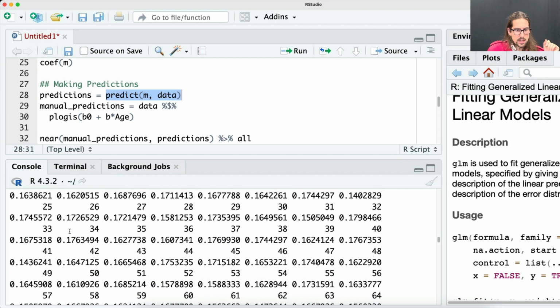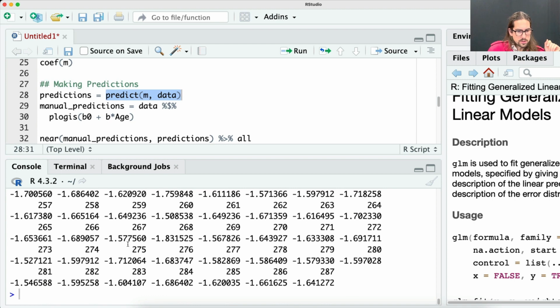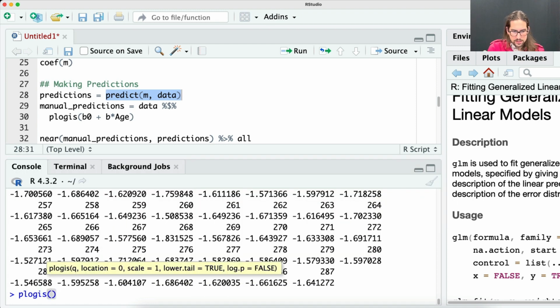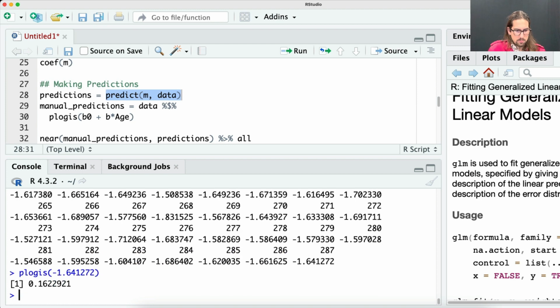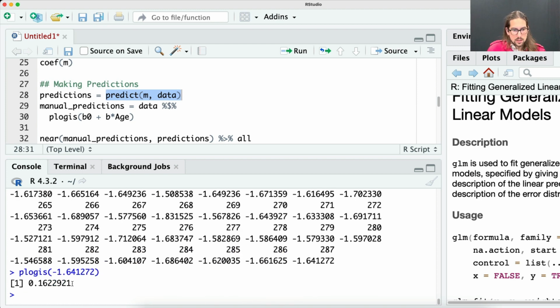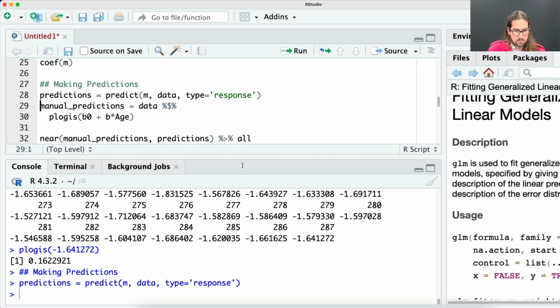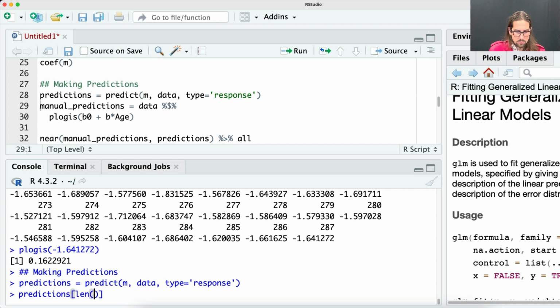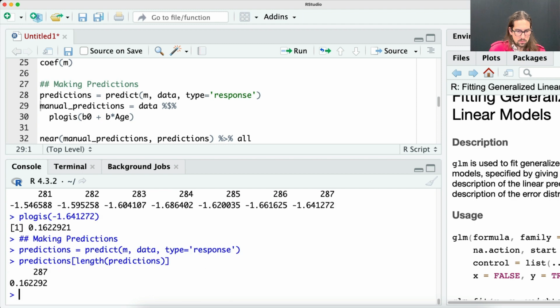So for example, let's say this last one. If I take this and I say plogis, if you recall, that's the logistic function, plogis of that gives me about this. And then if I take the last value of predictions, this is the same, right? So you can see that the